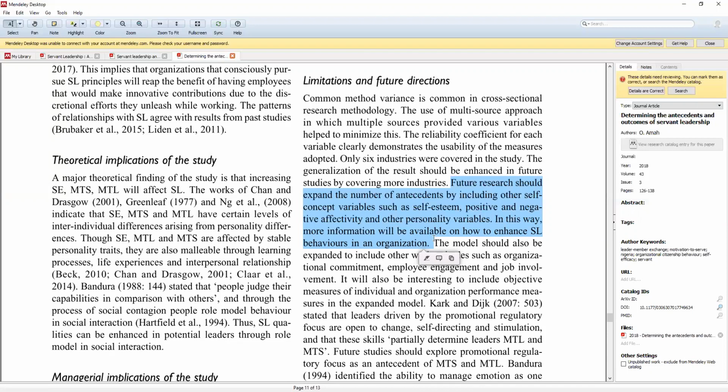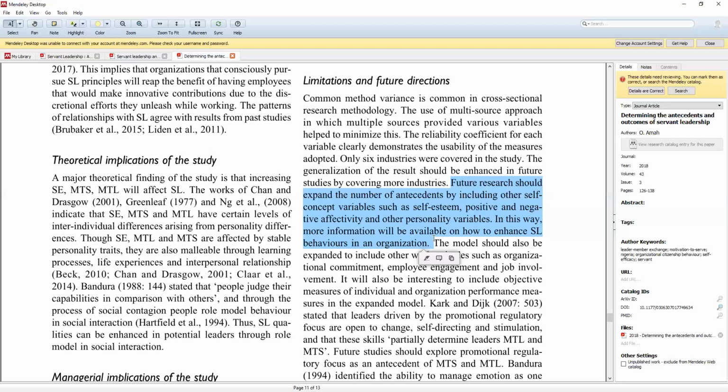If somebody is extrovert, how does that affect his servant leadership behaviors? So you can look into the personality models in organizational behavior research and see what different types of personality are there in the literature, and how they could influence the servant leadership behaviors of people